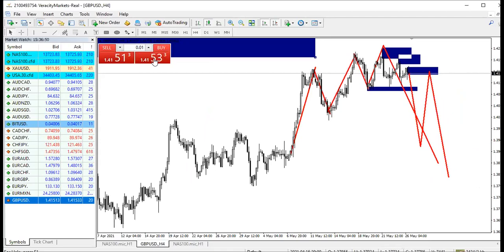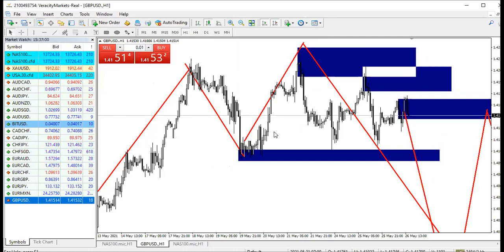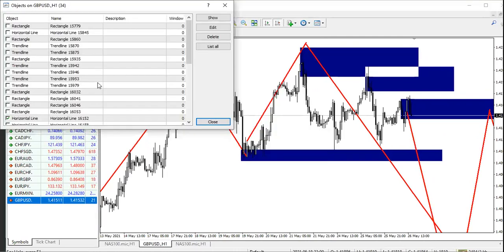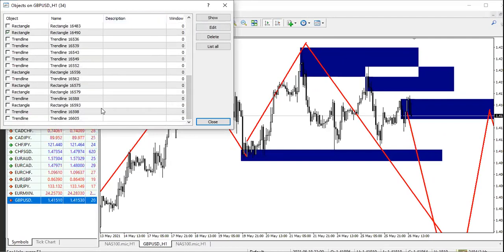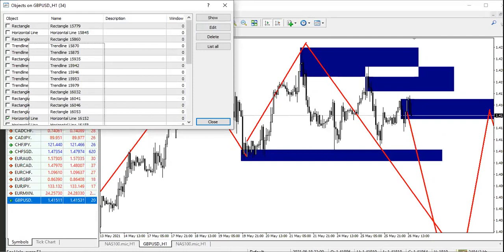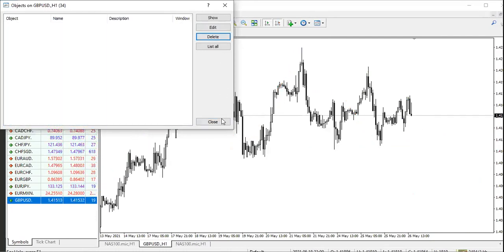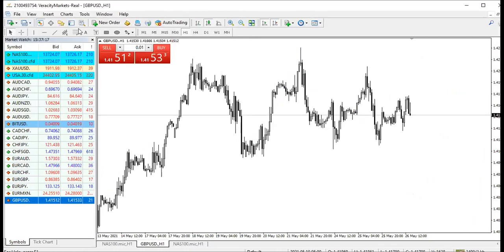You see? So are we still together? We can go to a smaller time frame to look for more opportunities. Let's go to a smaller time frame to look for more opportunities.